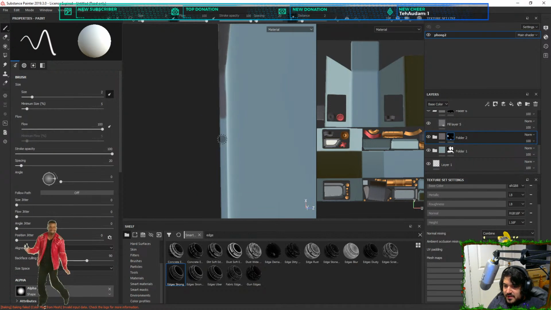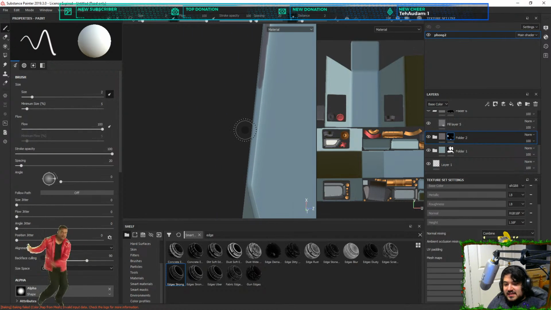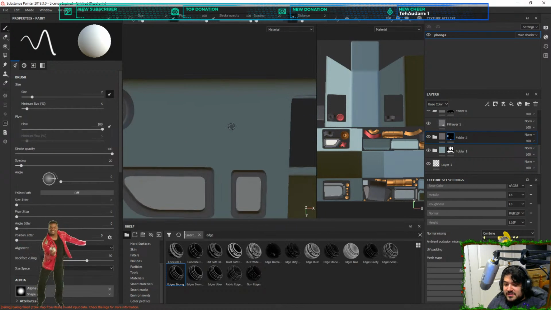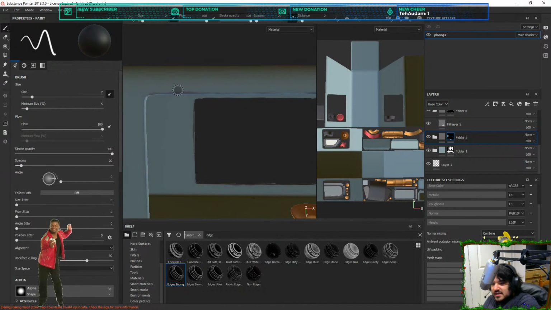Doesn't matter if it's a little sloppy. Not right now, anyway. One thing I will say with hand-painted stuff, you just gotta be in for the long con. It will take time. Even my other stylized style, where I wasn't actually manually hand-painting, I was doing ZBrush and then baking in detail. It just takes time. There are some shortcuts you could probably take to speed it up a little bit, but you just gotta basically be okay with it taking you some time, and that's fine. Art takes time. You don't need to worry about it.